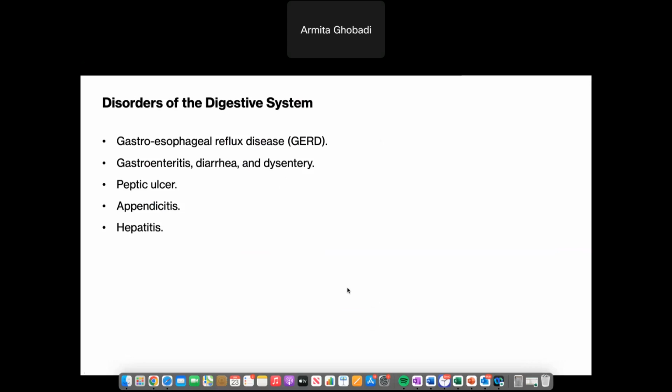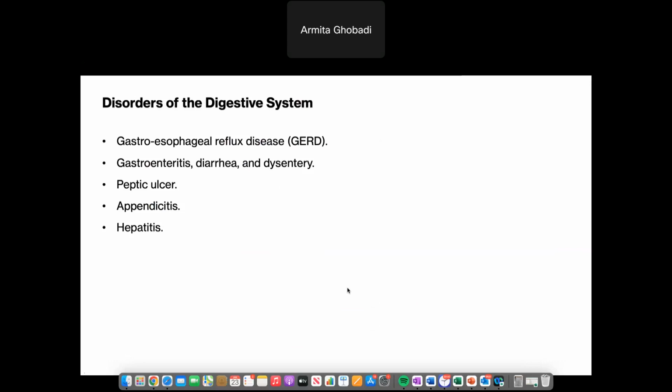And the last one is going to be hepatitis, which is literally related to your liver. We do have hepatitis A, B, and I guess there is a C nowadays. So basically it doesn't let your liver function well, so it is very important as well. You can definitely find more information about all of these diseases in your book. They are important, but I would say they are very common nowadays, especially the first one, reflux disease or